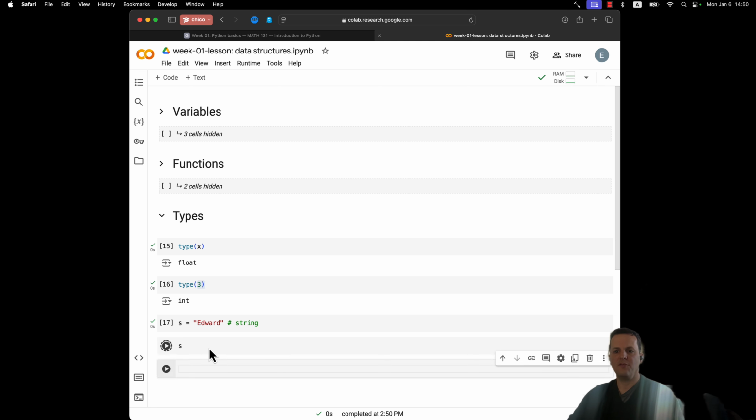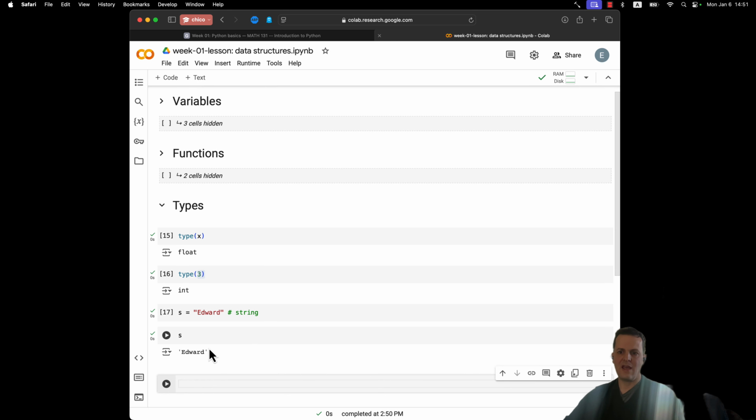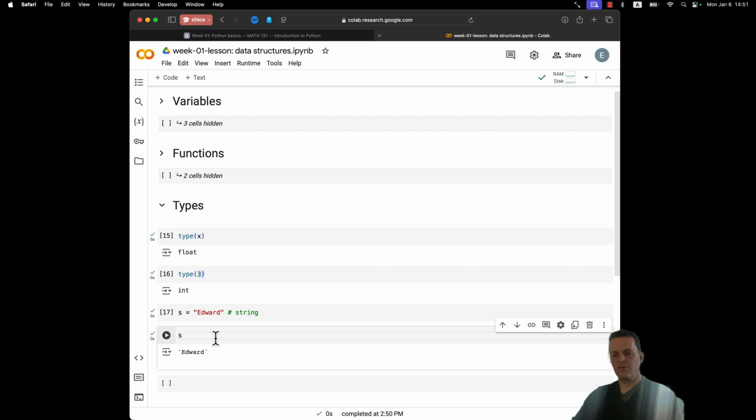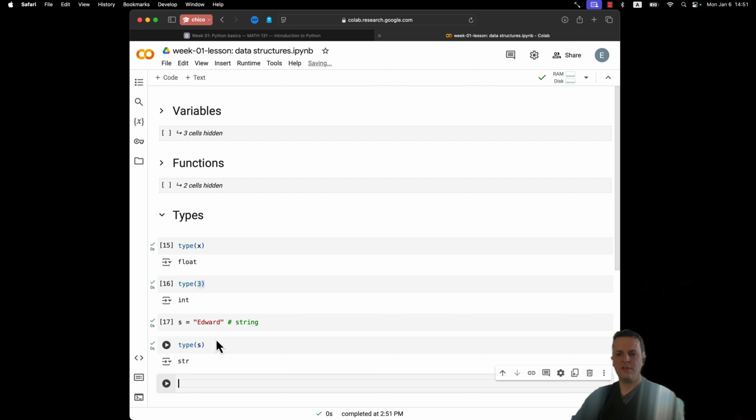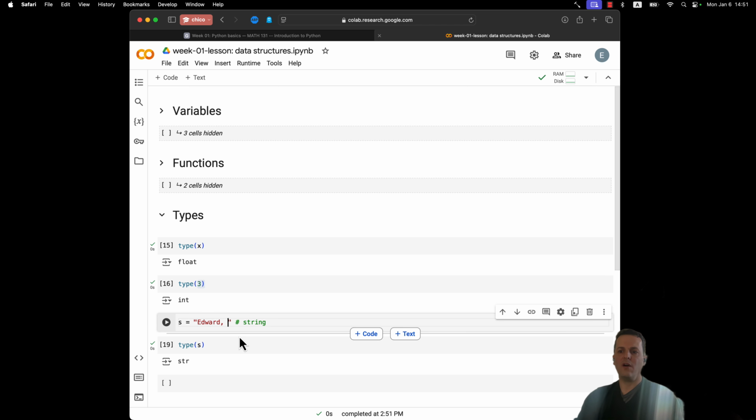If we want it to print for us, we could just put S in a new cell, or even the cell above as the last statement in a cell, and then run that cell again. So here you can see S holds the string Edward. We could also ask for the type of S, and it'll tell you the type of S is str, to stand for string. Strings can be anything you want